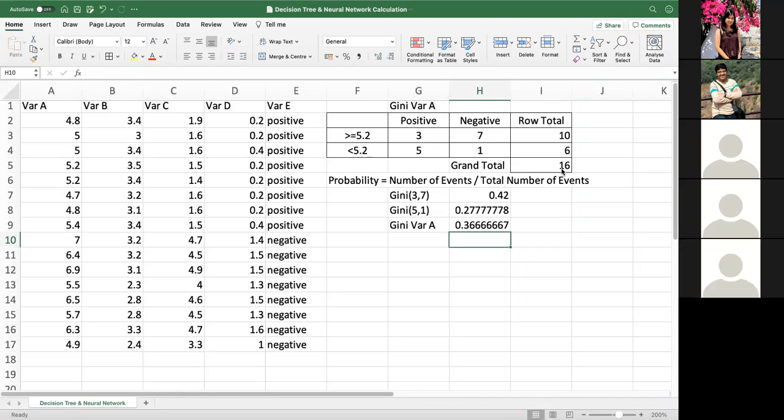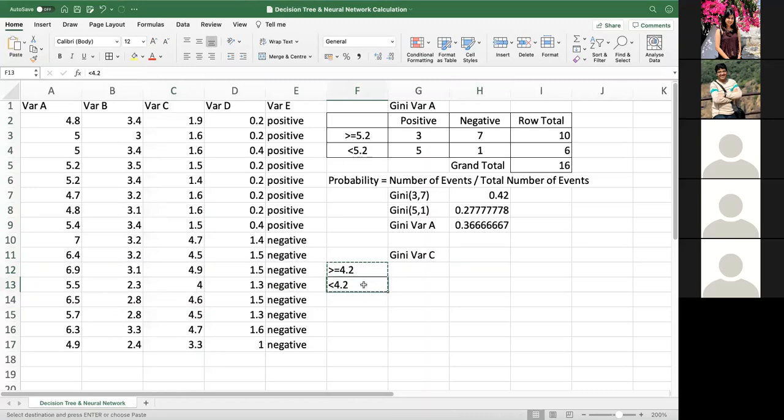Yes, sir. Now we'll also calculate Gini of variable C for repeated understanding. It's a very simple calculation. Variable C's lowest value is somewhere around 1.4, and the maximum is around 4.9. Let me check randomly what the mean is. It is showing as 2.99. So let me select randomly greater than or equal to 4.2, and less than 4.2. It is a random selection in the range. This has to come down.